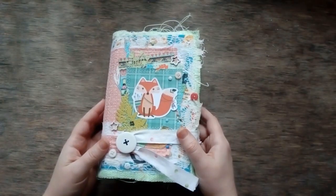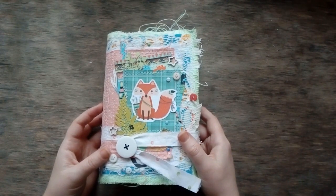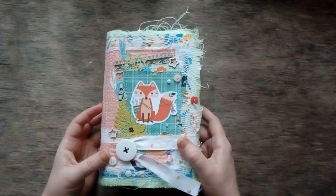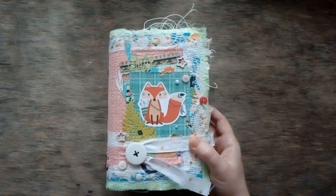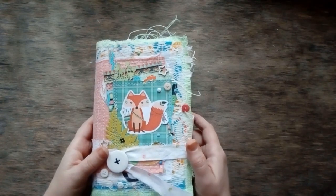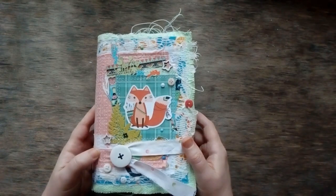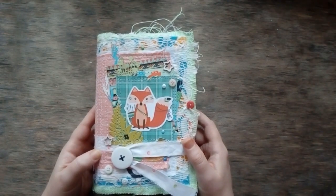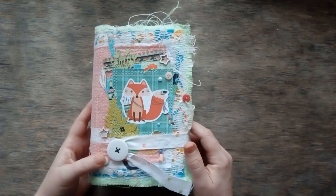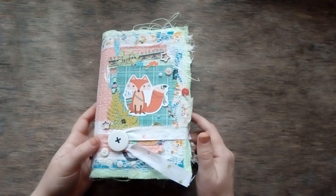Actually, it was totally inspired by the Facebook group Boho Dreams and the paper collection that I was just amazed by. In fact, you see, it's really different from my normal ordinary style, but I was mesmerized by that paper collection, the colors and the pictures. I felt some desire to do something with that paper. So